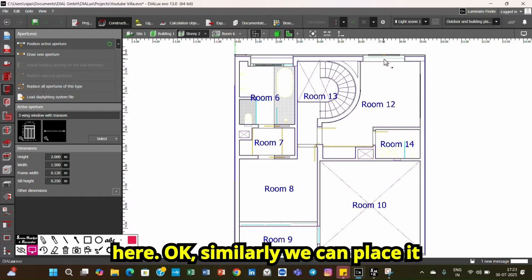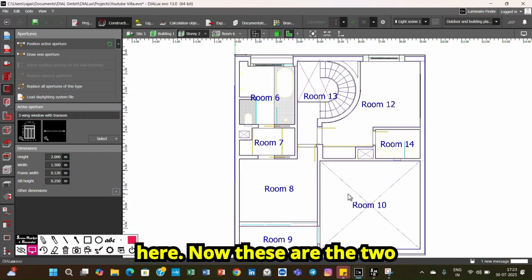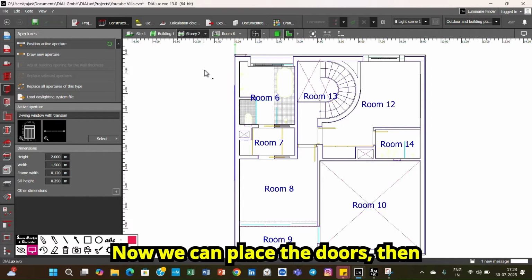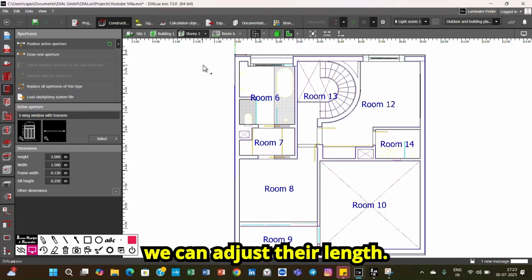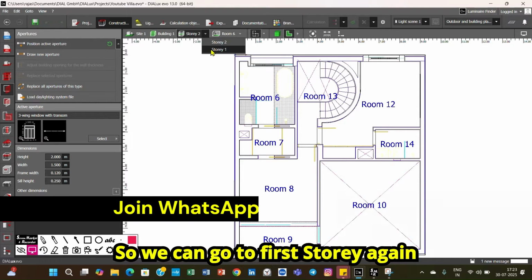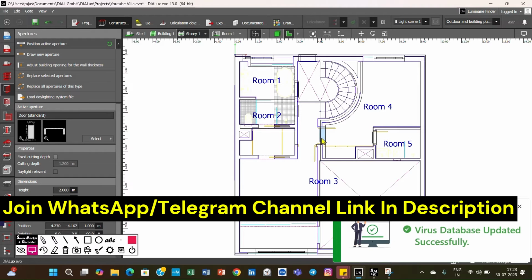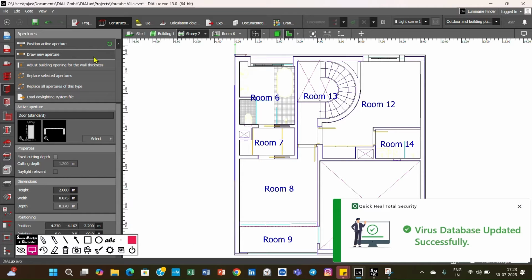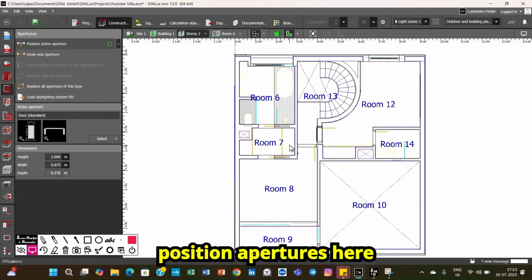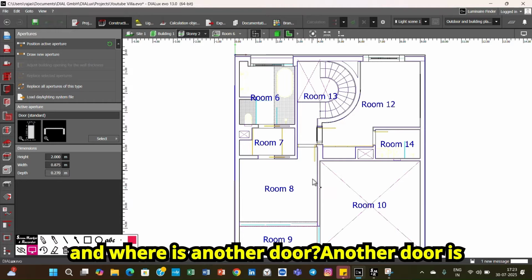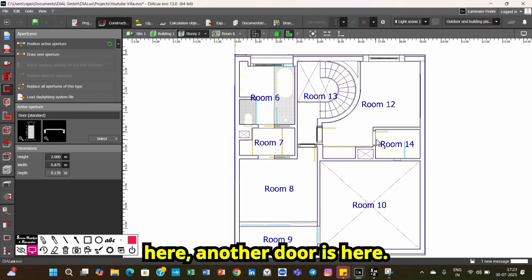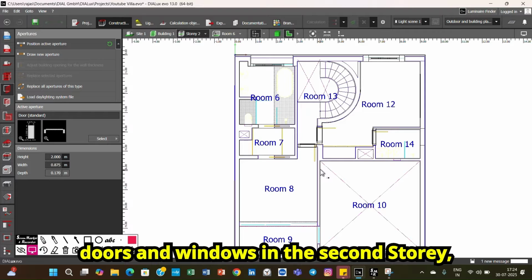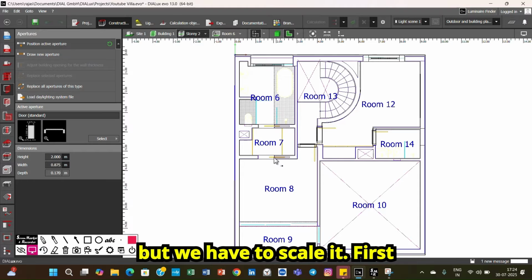Similarly we can place it here. Now these are the two windows which we have placed. Now we can place the doors, then we can adjust their length. So we can go to first story again and select the doors and then go to second story again and place the doors, position apertures here. Another door is here, another door is here. Now we have placed the doors and windows in the second story, but we have to scale them first